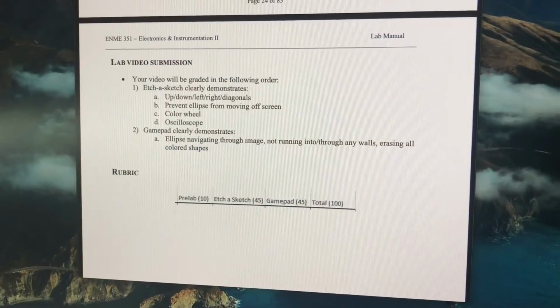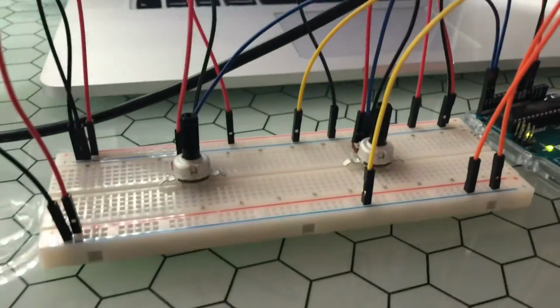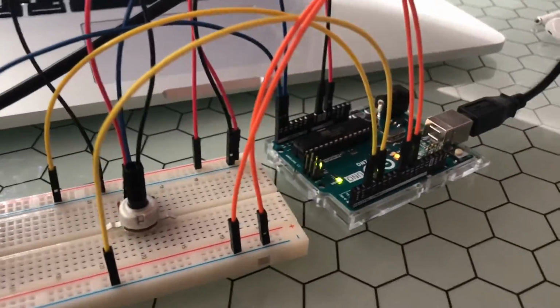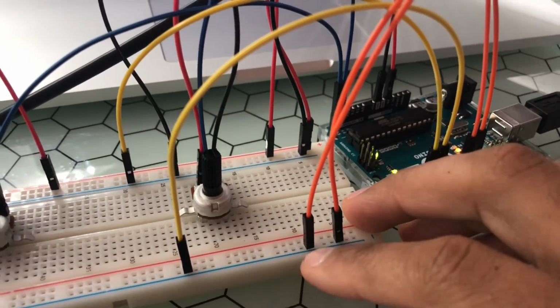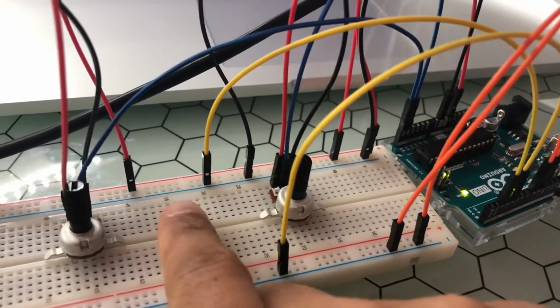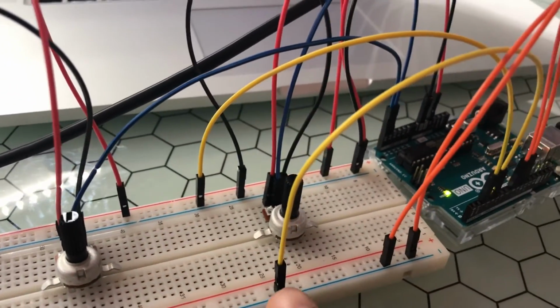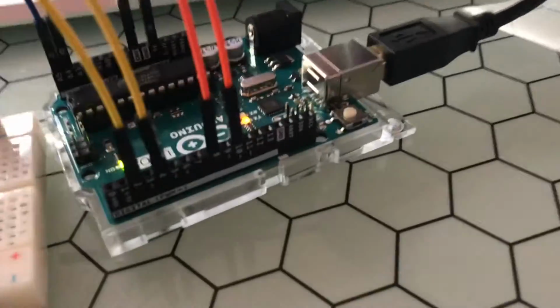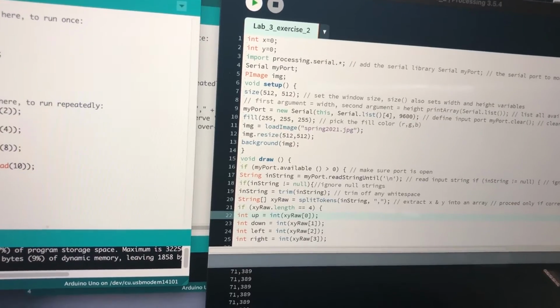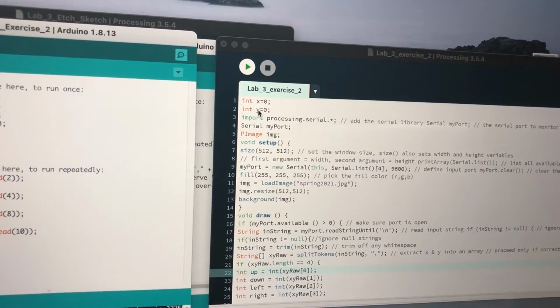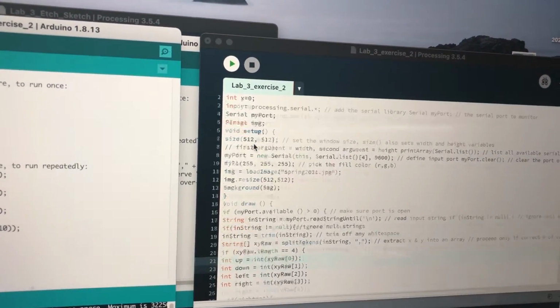This is part 2 of gamepad. So here I have these wires. So this denotes right and left, and this denotes down and then up here, and those are connected to those pins there. In my code here, you can see that I decided to make 2 global variables, x and y,